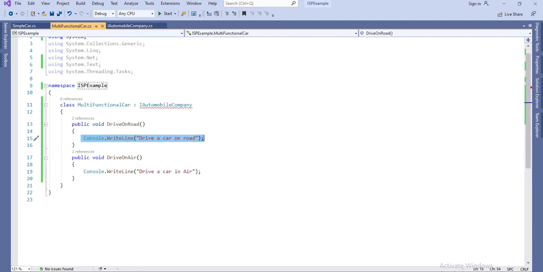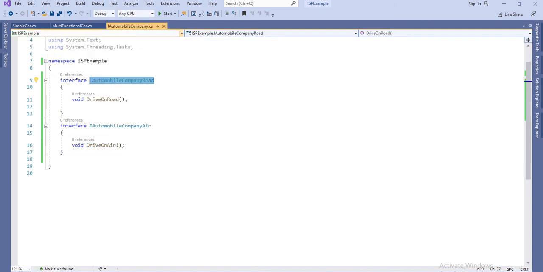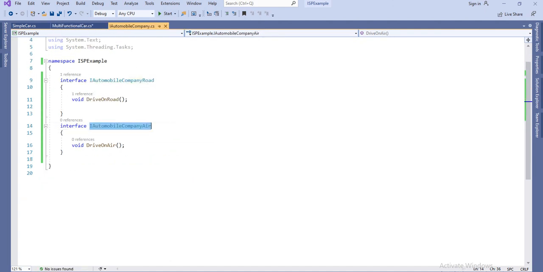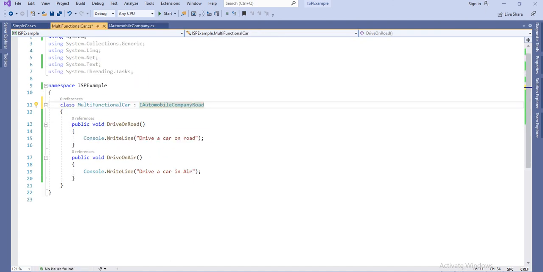Now the MultifunctionalCar can inherit from this interface as well as from this interface, so this functionality will be fine.